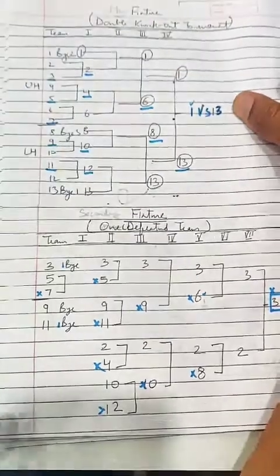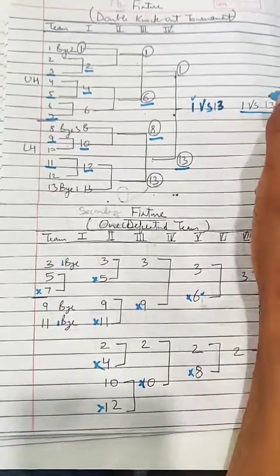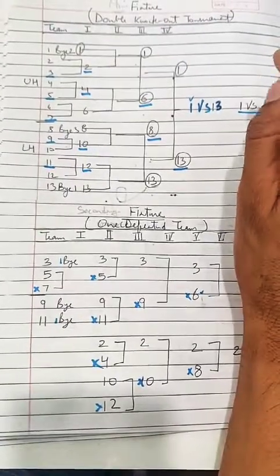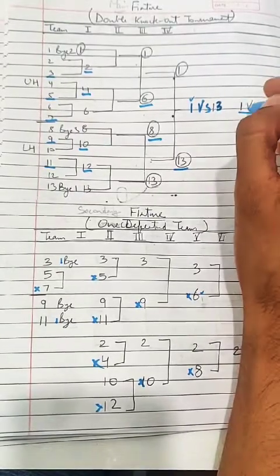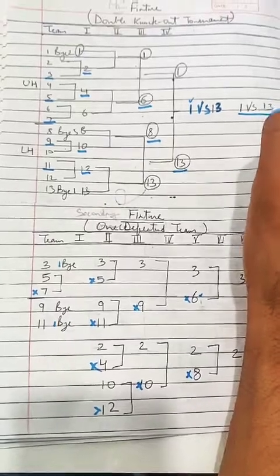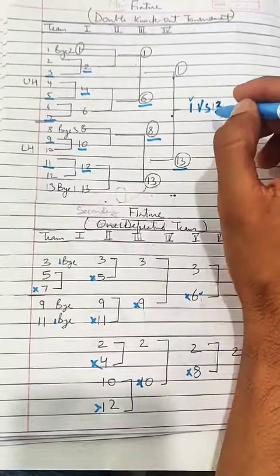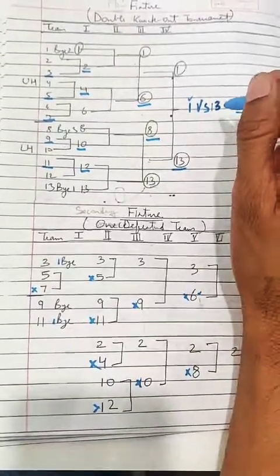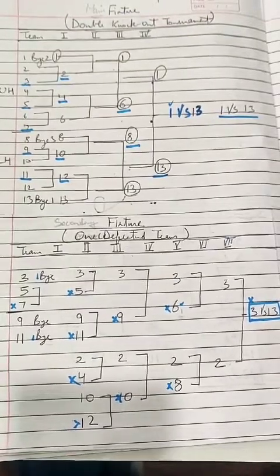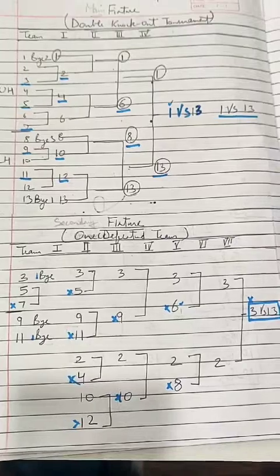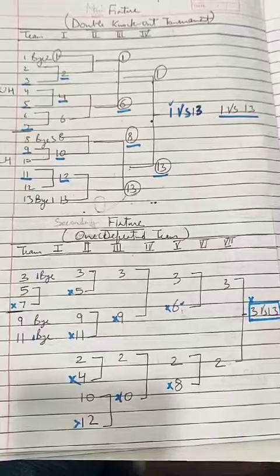But in case अगर 13 जीत जाता है then there is a match again, because the rule says जब तक की टीम 2 बार डिफीट नहीं होती out from the tournament. So again there is a final between 1 and 13. So whosoever is the winner here will be the final winner of the tournament in case 1 loses the match here. I hope it is clear to you. So in my next tutorial I'll cover the consolation tournament type 1 and type 2. So now I'll close this topic here.